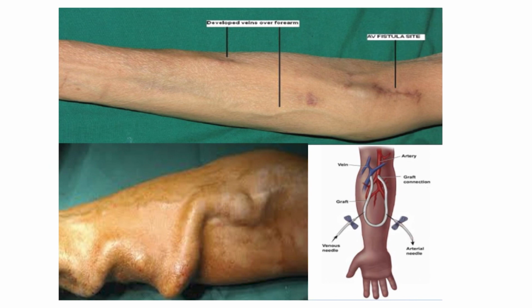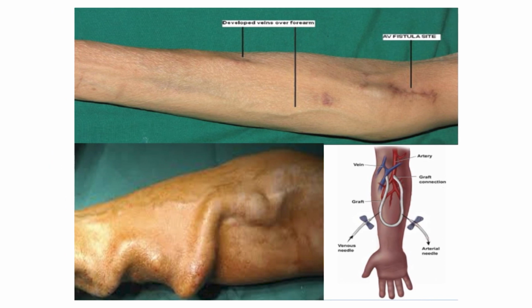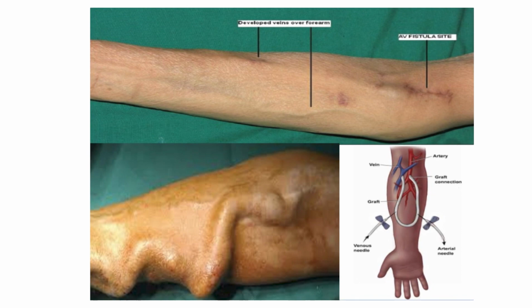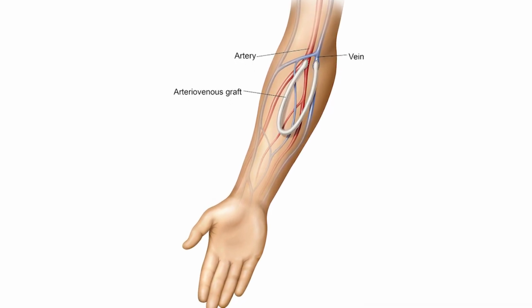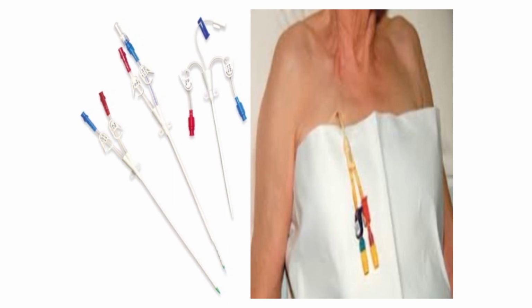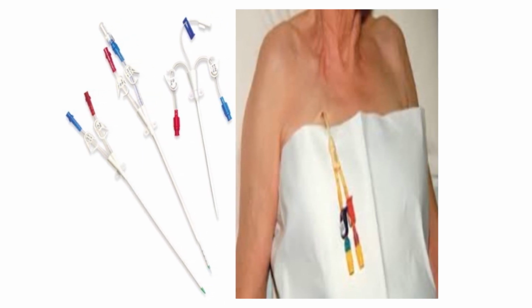For hemodialysis we need an access, and the access is a vascular access. The fistula is the choice of vascular access for dialysis because there is less risk of infection. The other mode of access is an AV graft. It's a synthetic tube connected between the artery and the vein, used where a surgical connection of an AV fistula cannot be done. That is the time graft is used. So ideally the first treatment of choice is an AV fistula, the second would be a graft, and the third would be a catheter in the neck. The catheter could be temporary, or nowadays we put in permanent catheters in the neck also.